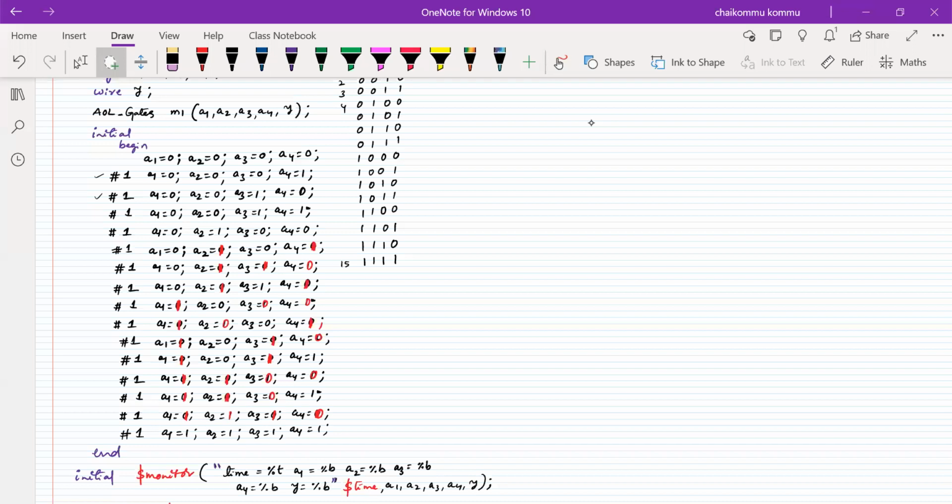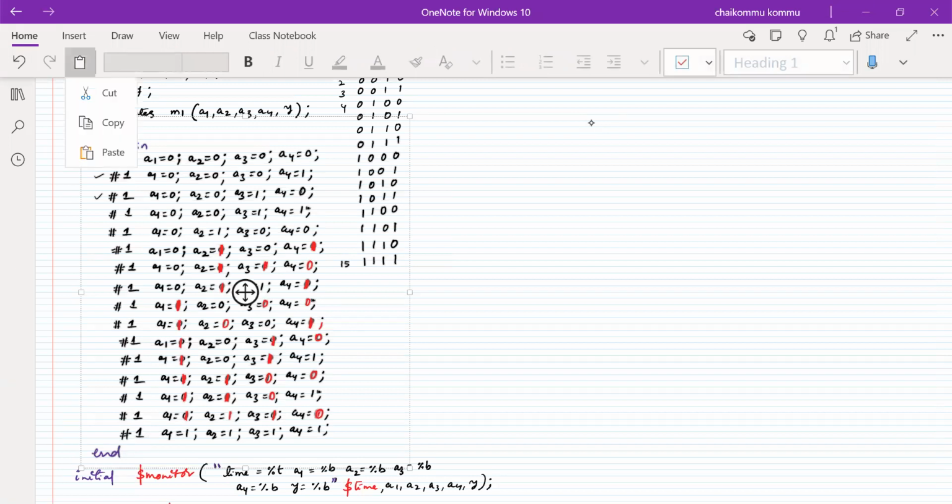So I'm going to consider this initial block only. Other than that one, I'm not going to consider anything. Please remember, don't get confused. Okay, copy and then paste here somewhere else.